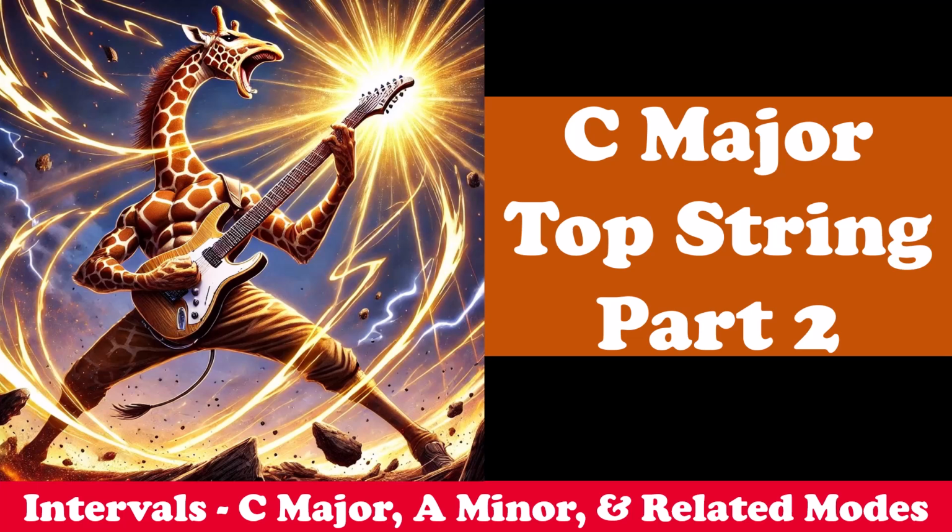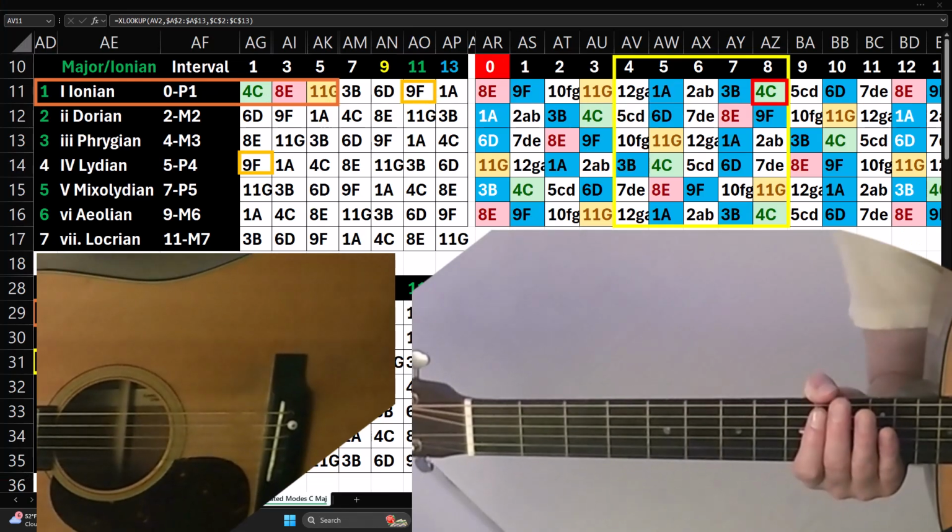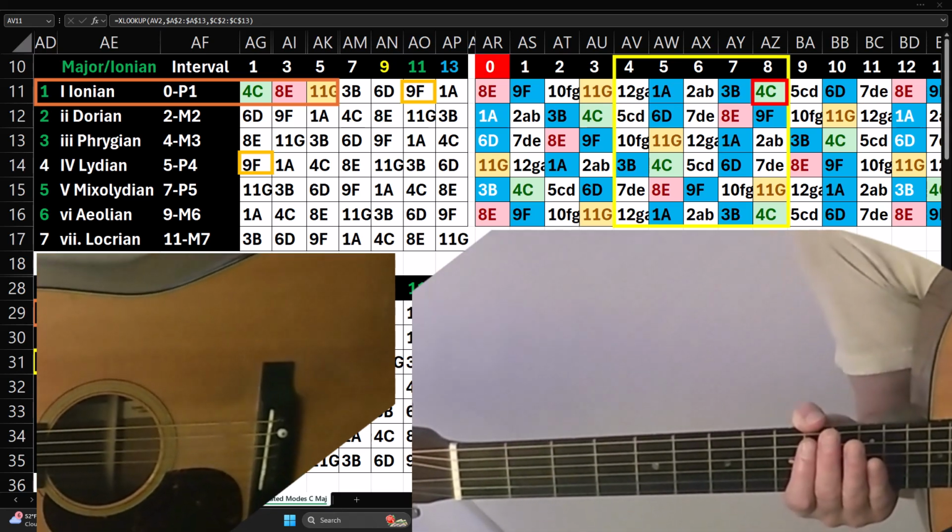Guitar intervals, C major, A minor, and related modes, focusing here on the C major scale, the C major note on the top string of the guitar. This is part number 2. Remember, part of our objective here is to get all of our resources orientated in the same direction, making